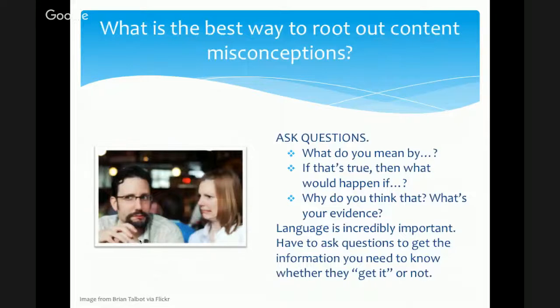What do you do about them? So a lot of these content misconceptions about evolution are very intuitively satisfying. And so it can be very hard to root them out and to address them. The best way is to ask questions. What do you mean by that? If organisms get what they need, then why don't I have 6 fingers? Because that would help me play piano better. Get your students to turn it around on them and get them to answer some questions.